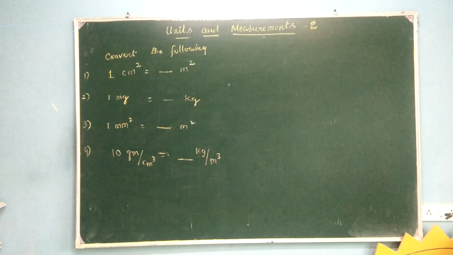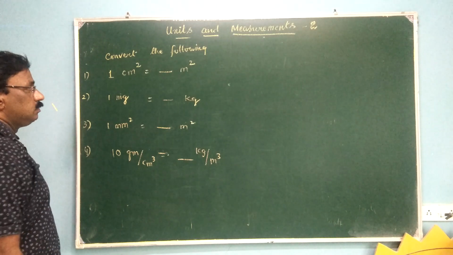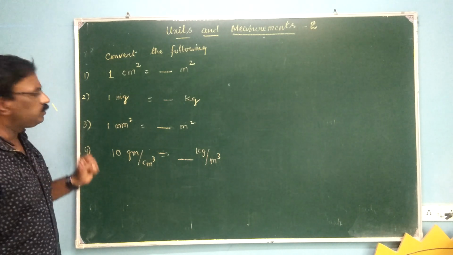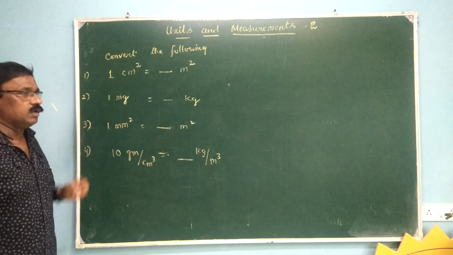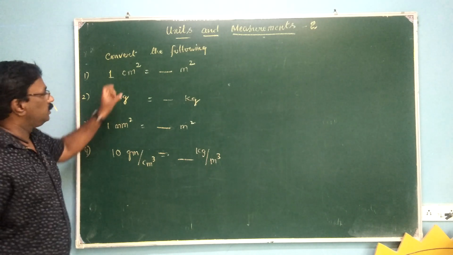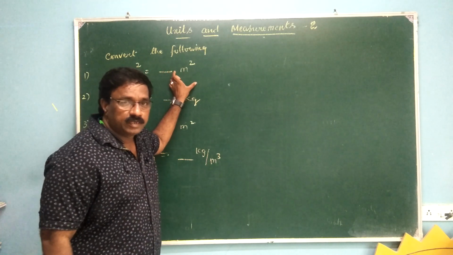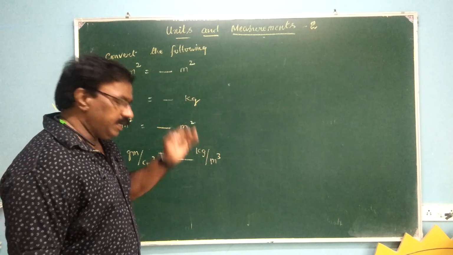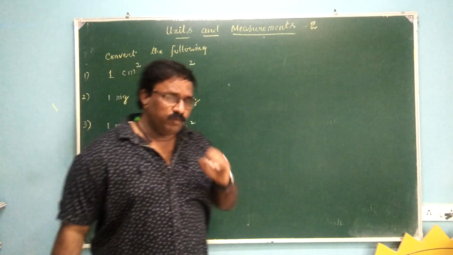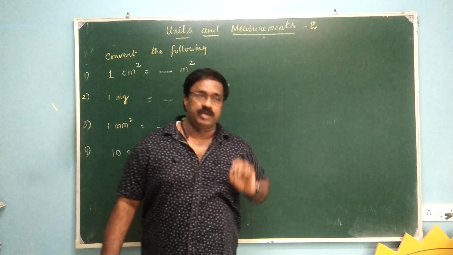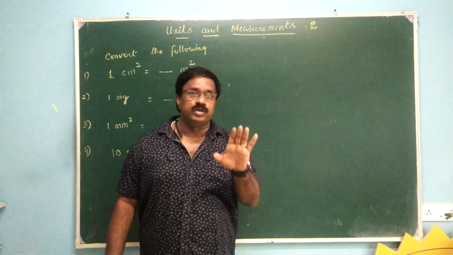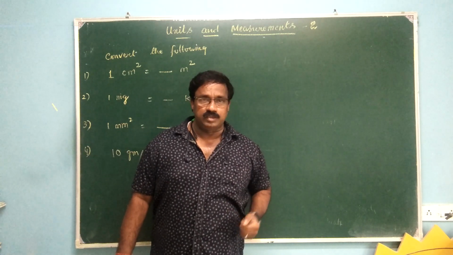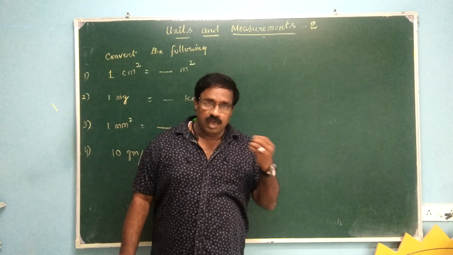So let us see how to convert from one to another given in this particular table. Observe carefully. Sometimes we may get area in centimeter square, but we have to convert that into meter square. It is given in submultiples of fundamental SI units. It is a must. So remember, always before doing a numerical, write the data they have given and see whether they are following the same system of units or not. One is in CGS, other one is MKS, or other one is in FPS. We can't solve them. All must be in the same system of units.